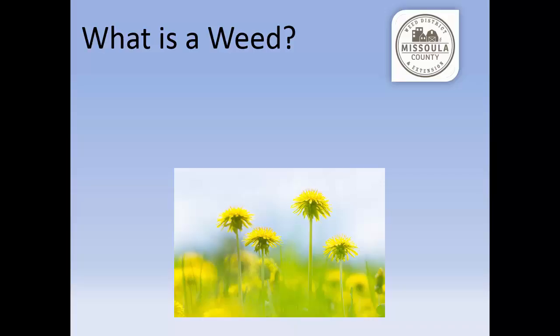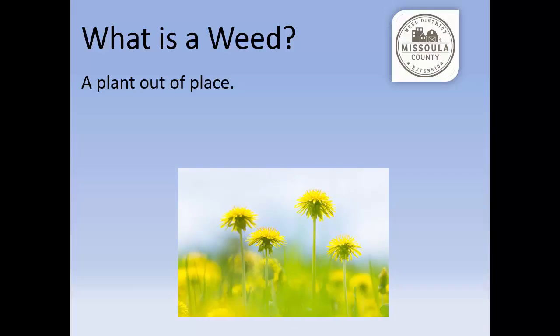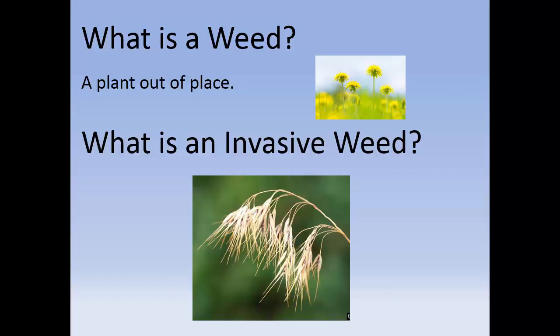Basics. Let's start with some basics. What's the definition of a plain old weed? A plant out of place. Okay. Anything else? The most successful plant. Okay. It's a plant out of place. You were spot on, right? It's an unwanted plant. It can be any plant that you don't want growing where it is. So endless possibilities of what that can be, right? Lots of plants are considered weeds.